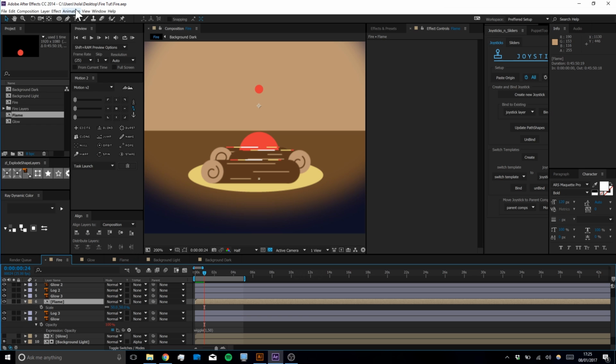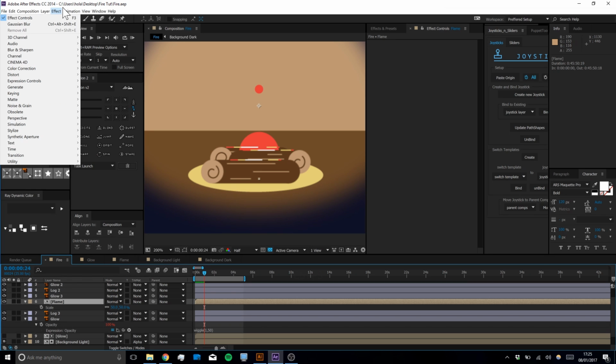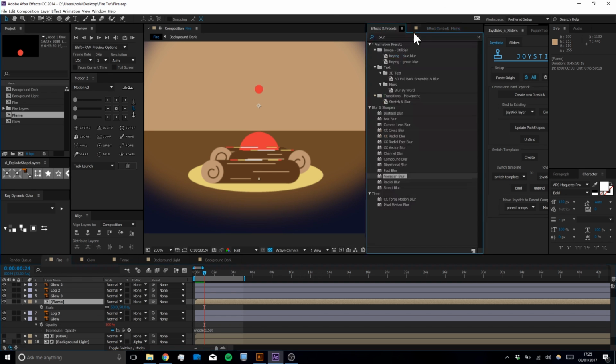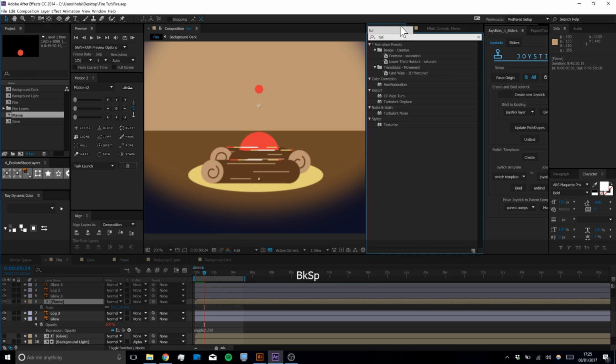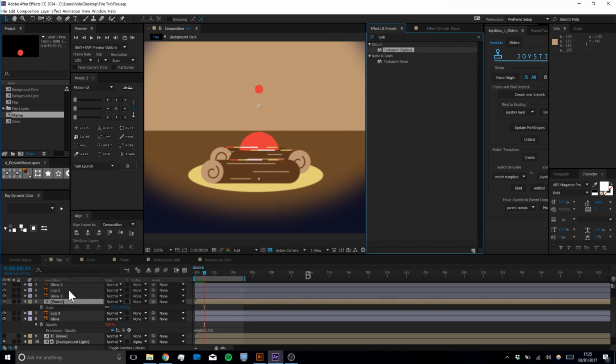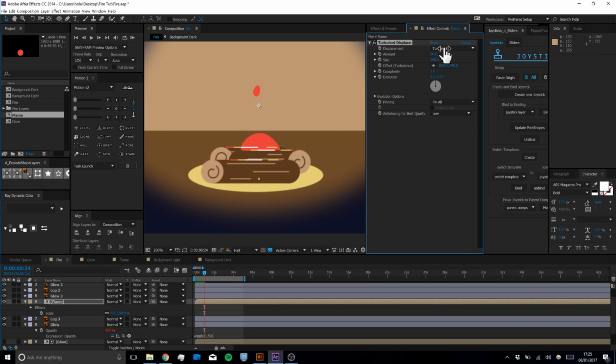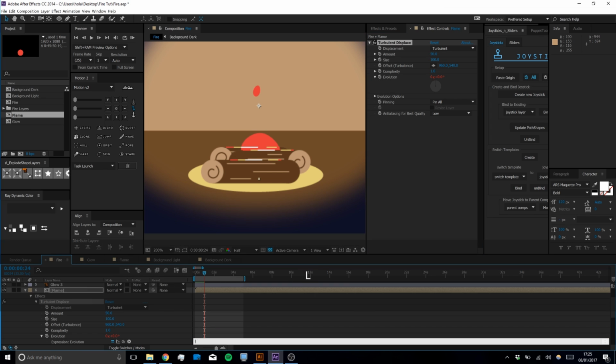Right, so let's go and put some effects on to make this look like fire. What did I use? My brain is not working on that. I know there was a turbulent displace on there, so we're going to check that on. So this will give it some sort of wobble. So if we add loop time times 100,